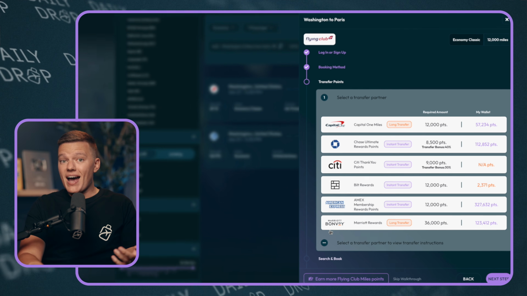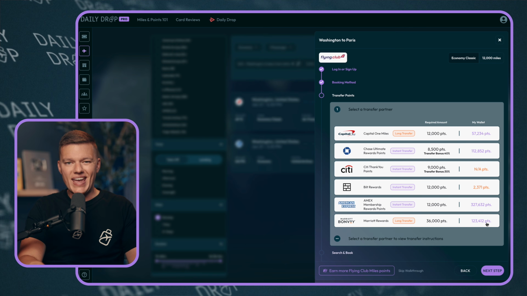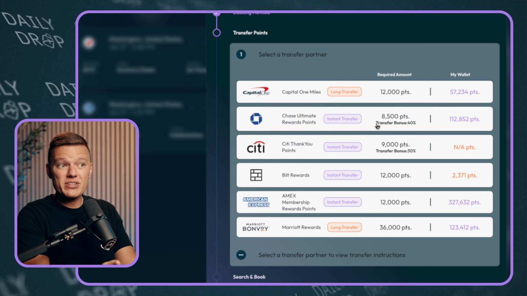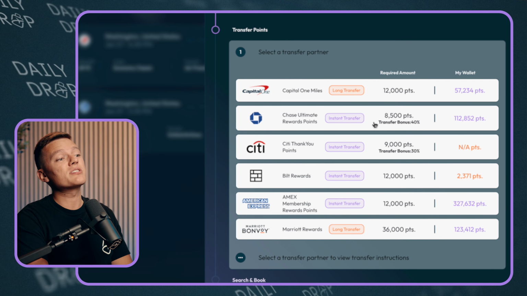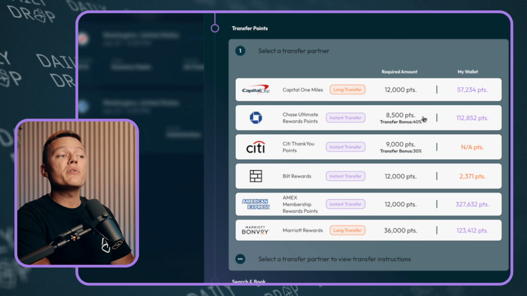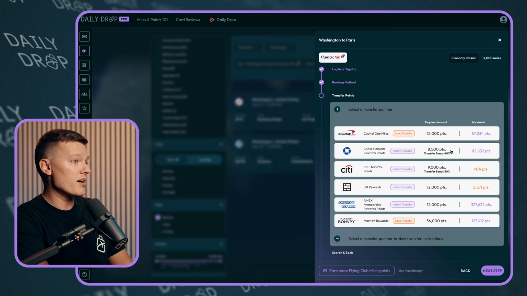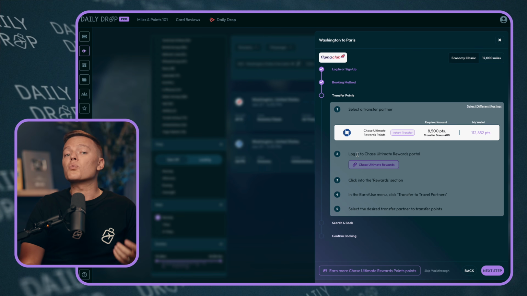On the right-hand side, I can see how many transferable points I have with each card provider, which again is coming from my wallet in Daily Drop Pro. Plus, it tells me that right now there's a 40% transfer bonus going on from Chase, meaning we'd only have to transfer 8,500 points, which would then become the 12,000 Flying Club miles that we need for our flight to Paris. So I'm going to select Chase as my transfer option,